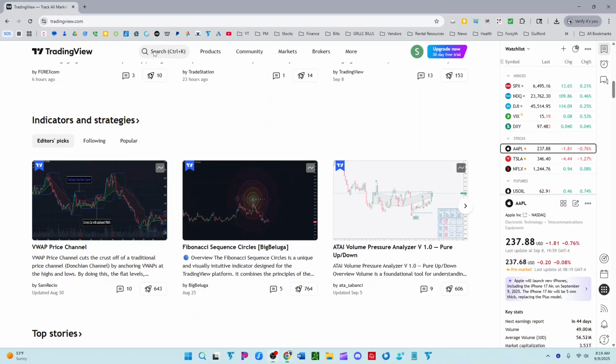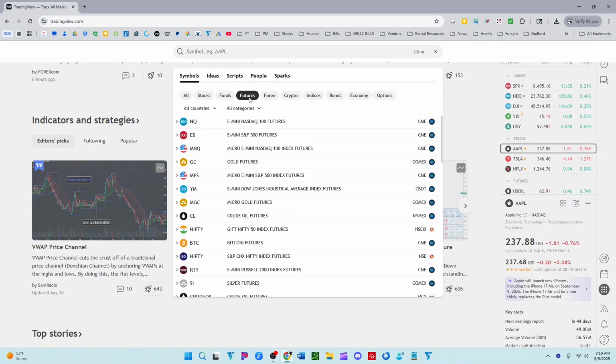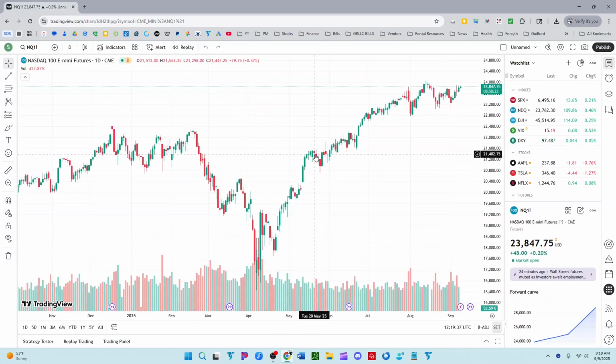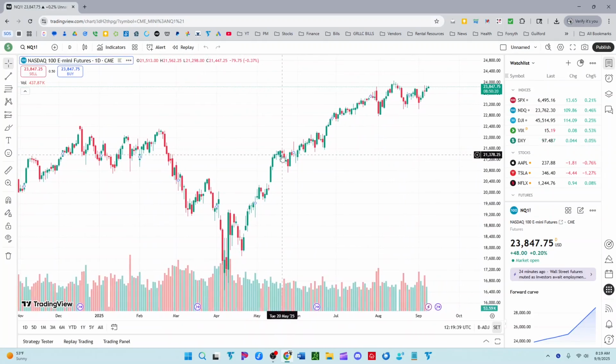Once you sign in, go to search. You can search for whatever ticker, whatever symbol you're looking for. Once you have it pulled up, now simply use just a few tools. You can narrate for sure. I'd love for you to do that, but you need to go up here to publish, click